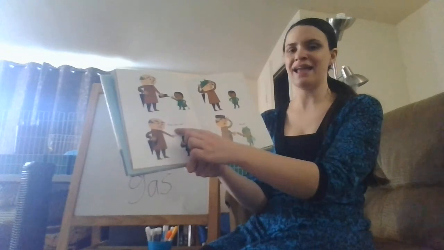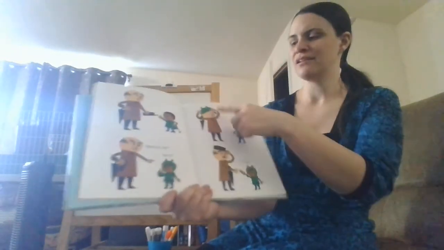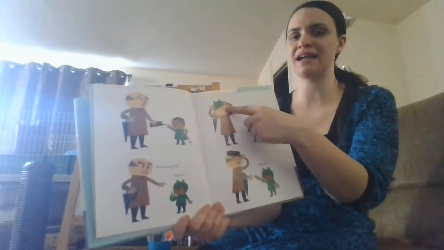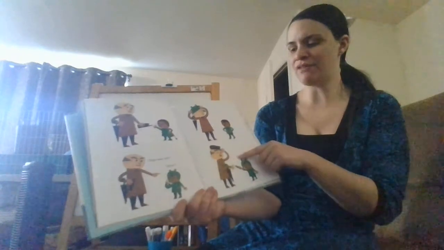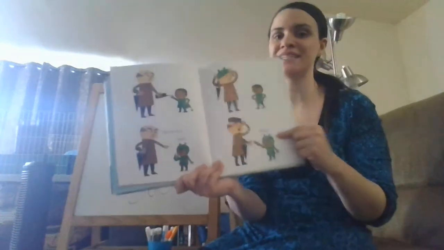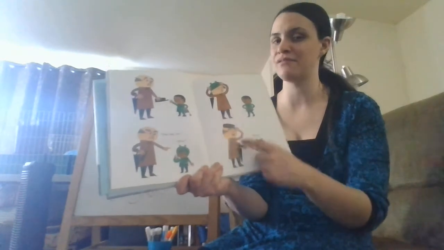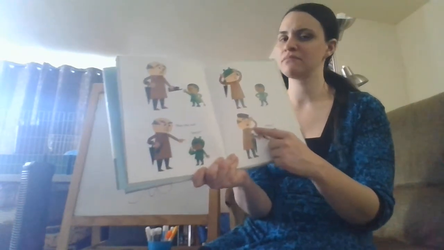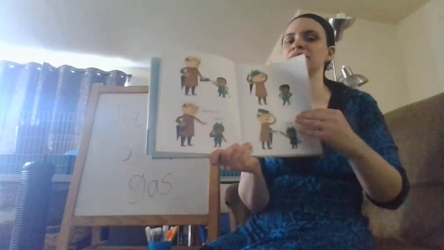Look, he's taking his hat back. Hey, can I have that one too? My hat? Look, so they're switching hats. Now the old guy is putting on the little frog hat. Ribbit? So let's see, do you think he's going to take the cookie now? Look at his face. How do you think he's feeling now? Does he still look grumpy? Let's see if he takes the little boy's cookie.